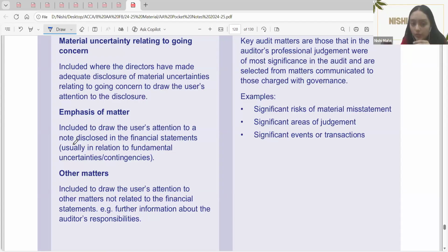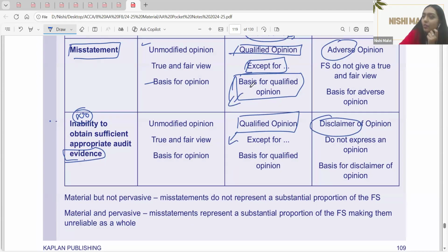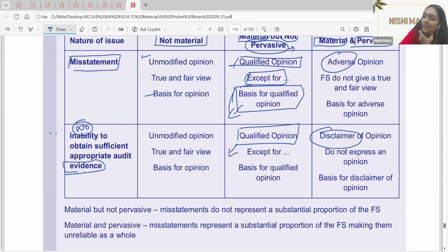सुनो ध्यान से समझो, यहाँ पे क्या होता है। एम्फेसिस ऑफ मैटर पैराग्राफ में अगर कोई पर्टिकुलर थिंग डिस्क्लोज कर दिया है, बट वहां पे शेयर होल्डर का ध्यान होना जरूरी है। अगर आप ये बोल रहे हो कि मैनेजमेंट डिस्क्लोज ही नहीं कर रहा है, तो ये मिसस्टेटमेंट हो गया ना। अगर ये मटेरियल मिसस्टेटमेंट है, तो फिर एज पर दिस वो क्वालिफाई कर देंगे, क्वालिफाइड ओपिनियन इश्यू होगा, इसीलिए।